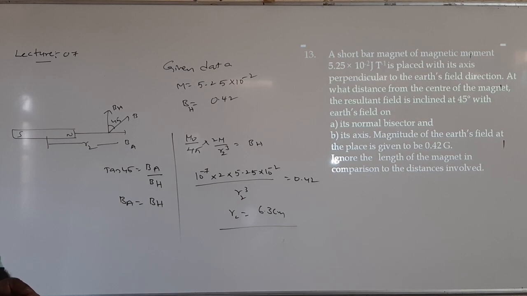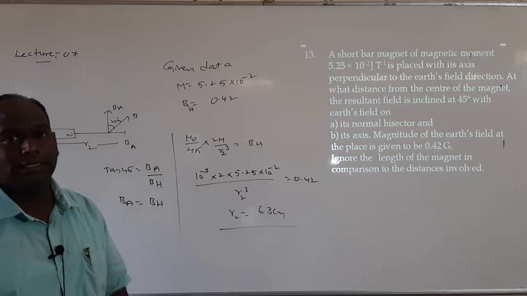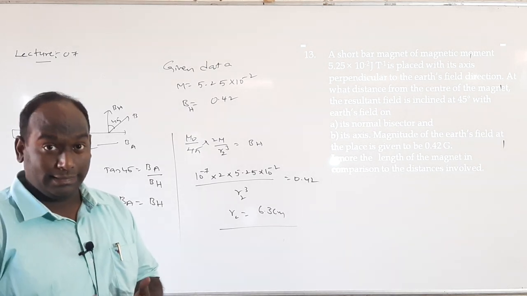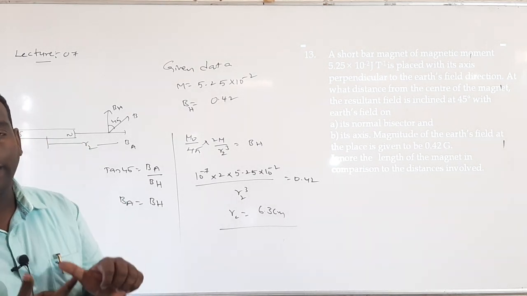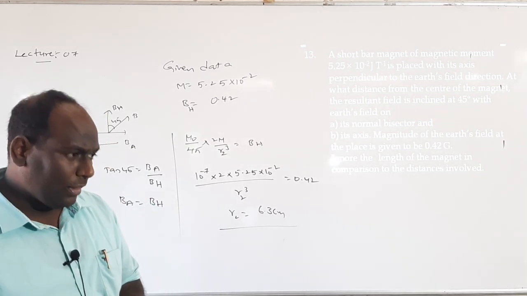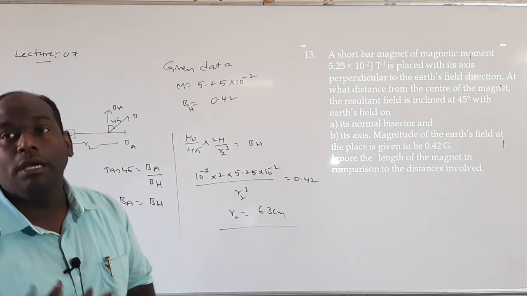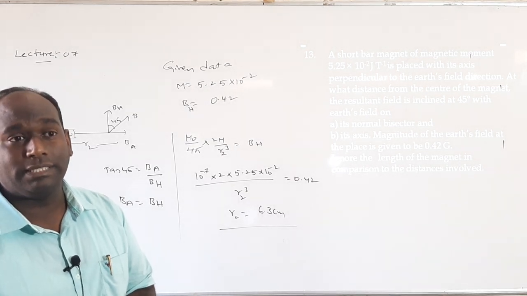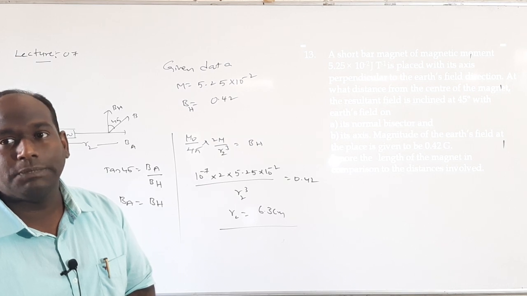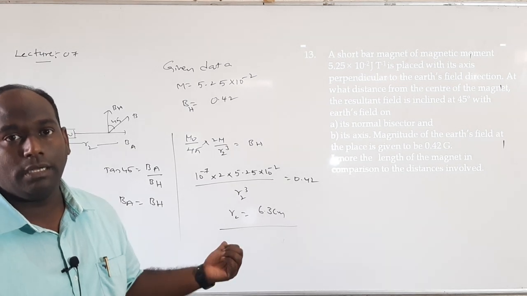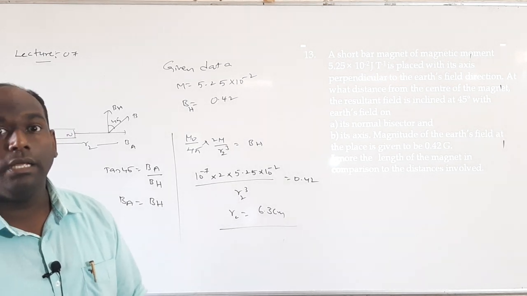So this is about the total numericals in magnetism and matter. In the next class we are going to discuss electromagnetic induction. Now, what are the possible questions in this lesson? You may get torque acting on a bar magnet, work done in rotating a bar magnet, magnetic field around the axial line and equatorial line, properties of magnetic materials, that means ferro, dia and paramagnetic substances, and the hysteresis loop. These are the important questions from this lesson. Try to write those notes and solve the NCERT problems. In the next class, we are going to start electromagnetic induction.